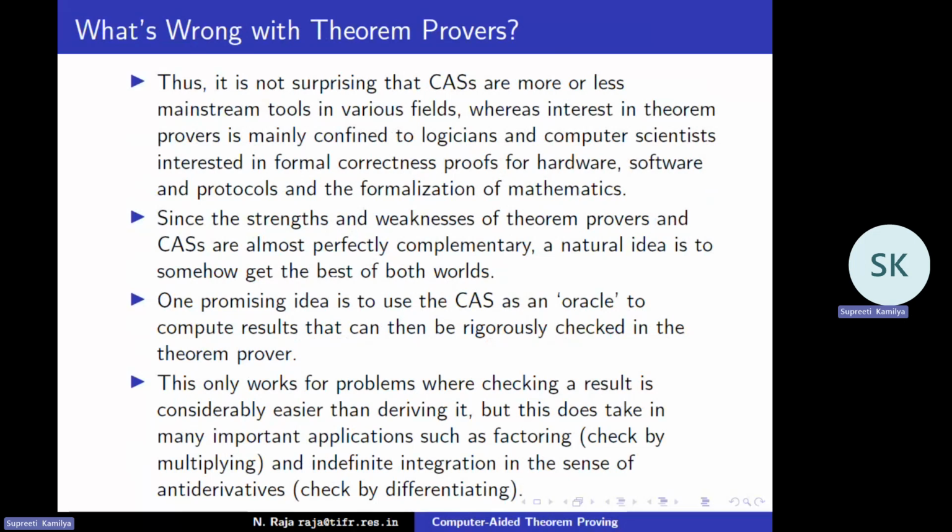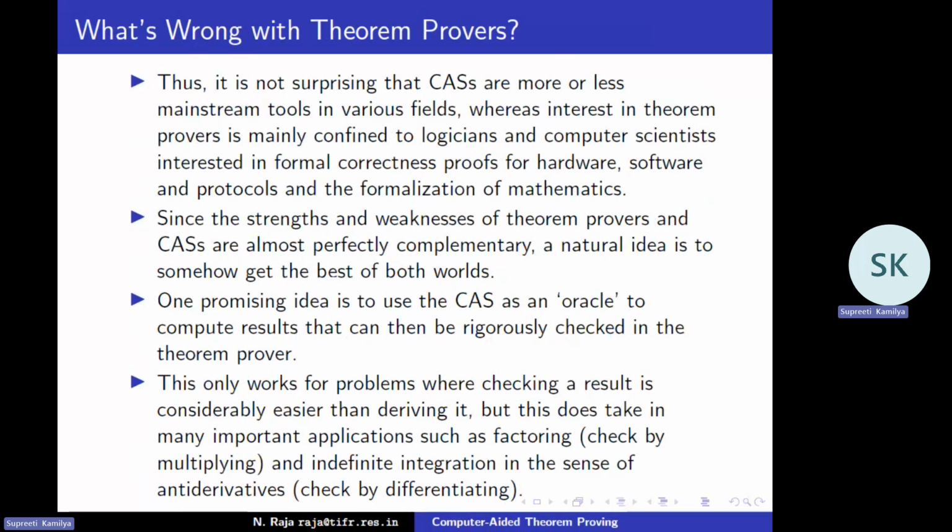Suppose you have a conjecture in number theory. This computer algebra system will explicitly check it out for very large numbers, and then say, I don't find any contradiction to it. Then you can set out using a theorem prover to start to prove it. So you treat the computer algebra system as some kind of a guessing machine for your work, but the actual proof has to go through a theorem prover.